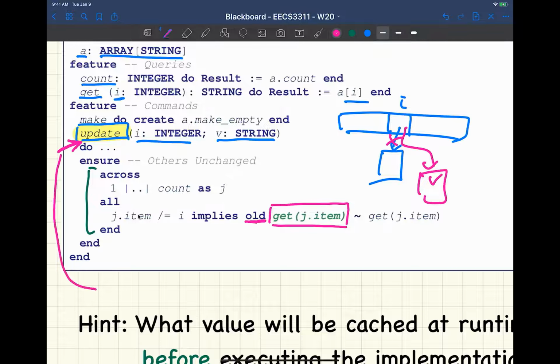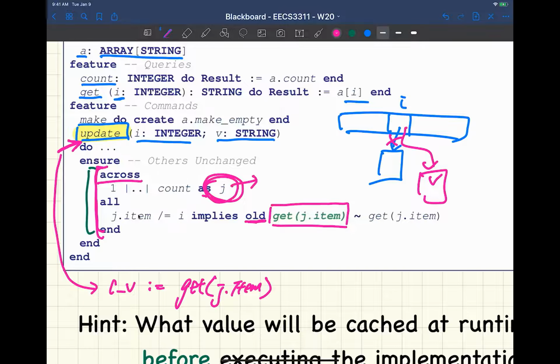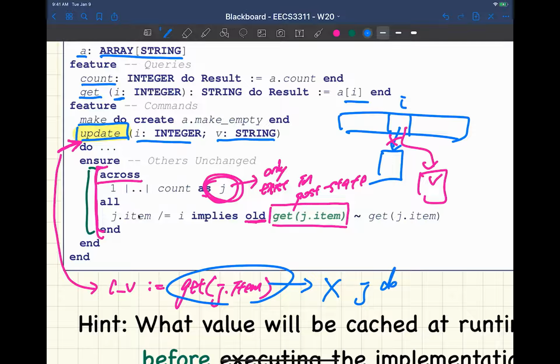Let me write it down here. The caching would be something like some cache variable, say ccv, assigned to get j.item. Now, Eiffel will have some trouble doing this, because does j even exist in the pre-state? No, it doesn't exist. Where does j exist? j only exists when you actually get to the post-state and run this particular across loop. j only exists over here. j only exists in the post-state. And when you are trying to do this over here, it's a compilation error, because j does not exist